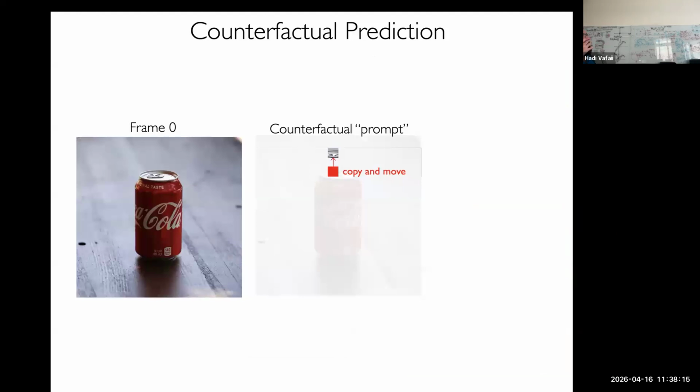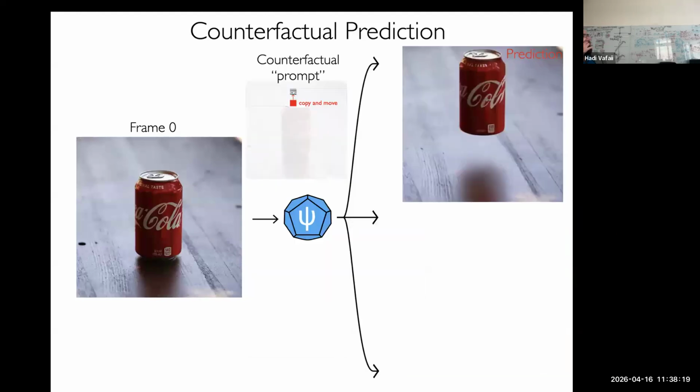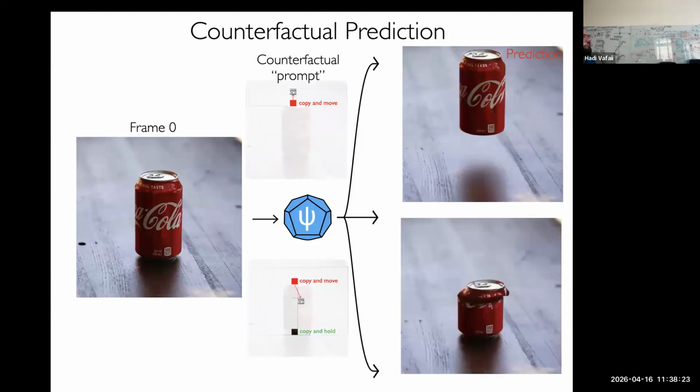But here's another example where you move the can up by moving the top up. So it moves the whole object. Or, and this is a kind of cool example, you fix the bottom patch and move the top down. What could happen? Well, I guess the can was empty and it got crushed. Okay, so this is a very implausible event, but it's not impossible. And the model has got to explain the data away in some way. And this is what it does.